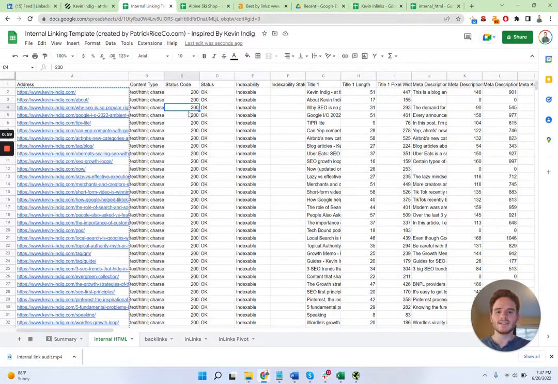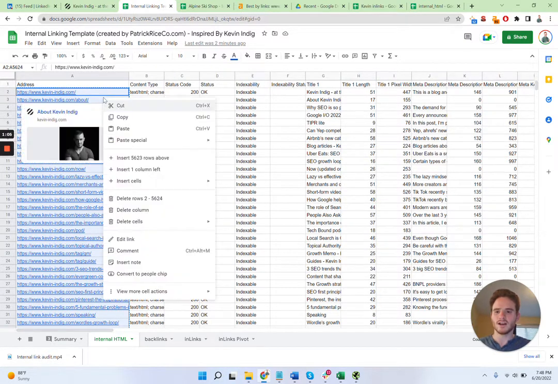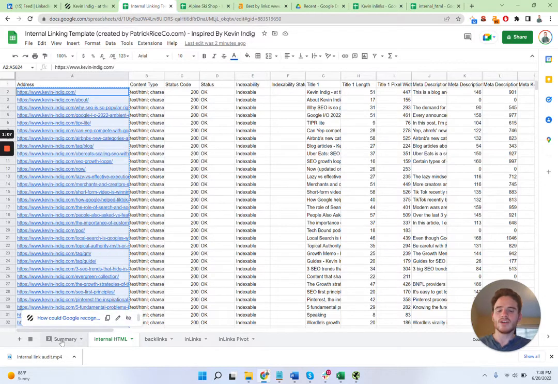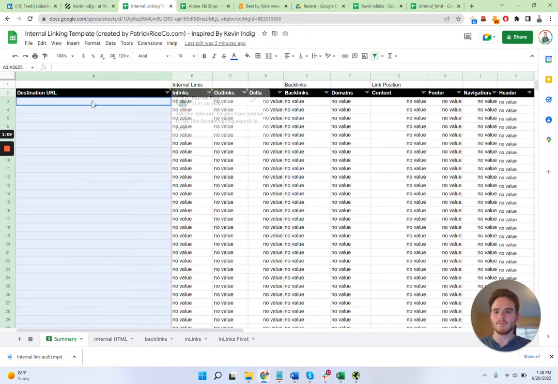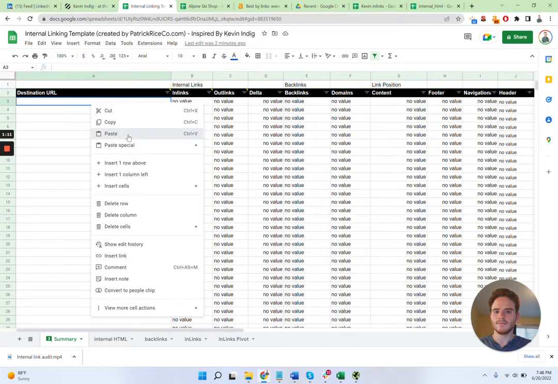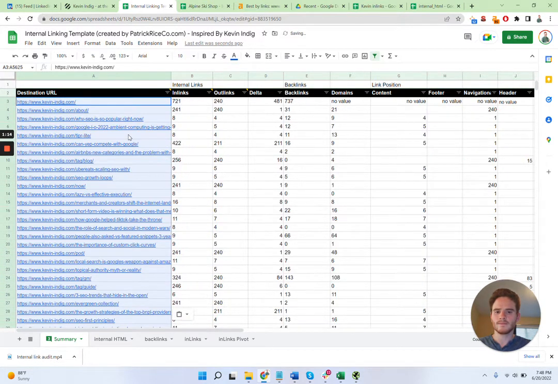So once you paste this into here, you're going to get this address column, and you're going to copy that. And you're going to go back to the summary file, and you're going to paste that into the destination URL. And everything should auto-populate. And really, only the Endlinks, Outlinks, and Delta are going to auto-populate because you still need